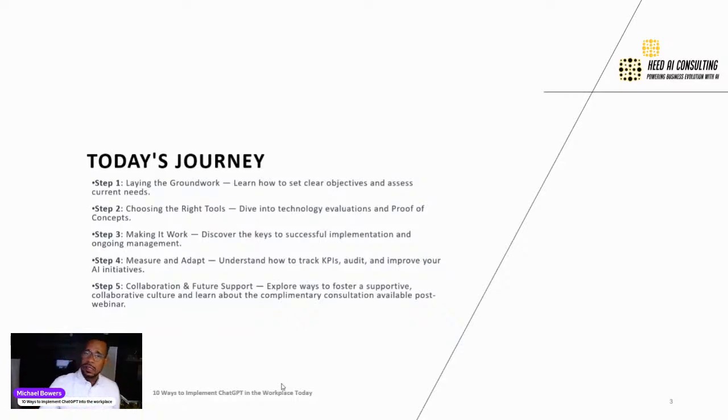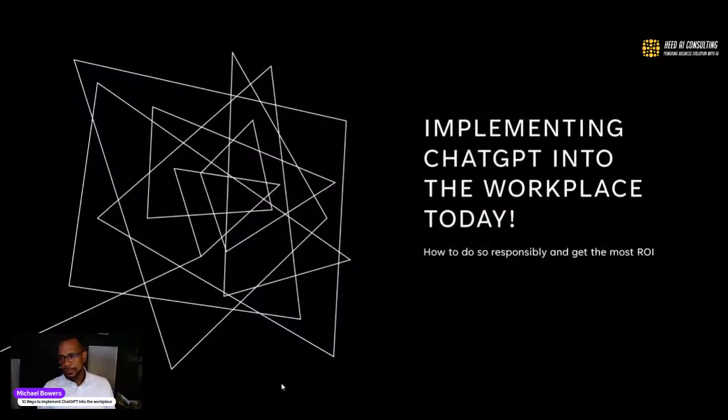Because adapting to using the tools is only to your benefit. And then the collaborating for future support. You've got to have someone who understands the technology, who can take it to the next level, who is already thinking that way. If you don't have that person in house, and that's a tough challenge right now, as folks are looking to bring people with any kind of AI or ChatGPT experience in house, but everything is happening so fast, those folks are getting grabbed up constantly. So it's really hard to do.